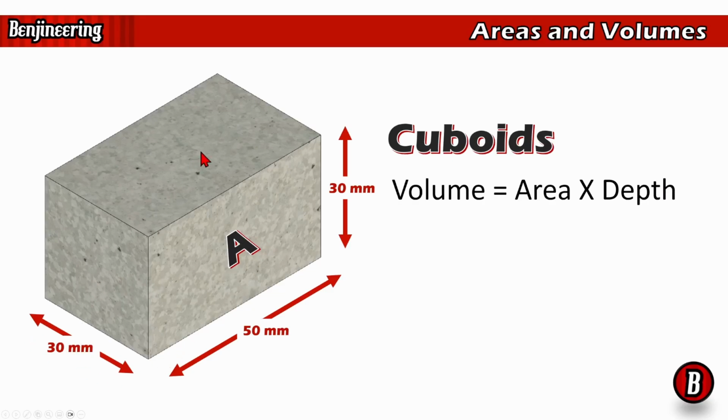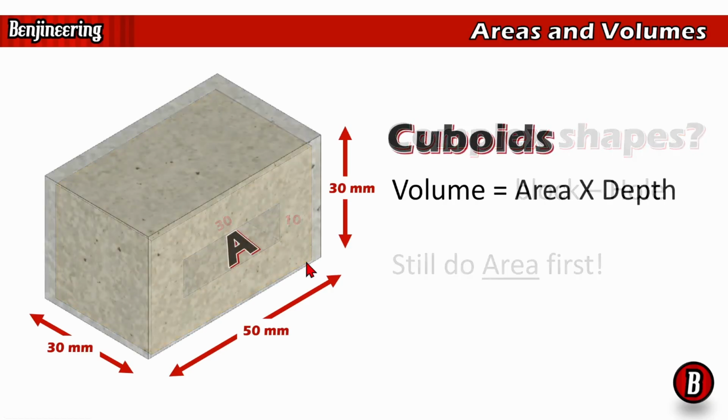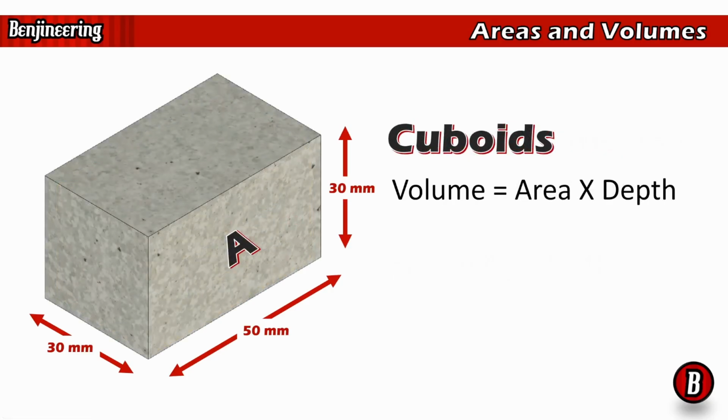Now, it doesn't matter which one you start with. You could work out the area of this one and multiply by this depth. But for ease, in the example here, we're going to use this one. Okay. So I didn't actually do that. You can do that yourself if you want to. So we would take 50 and multiply it by 30 to get the area of the face, and then multiply it by 30 to get the depth. Feel free to pause me and have a go at that if you want to,